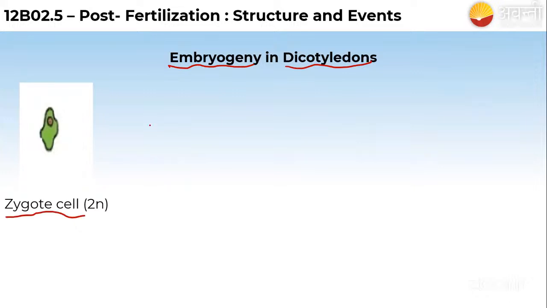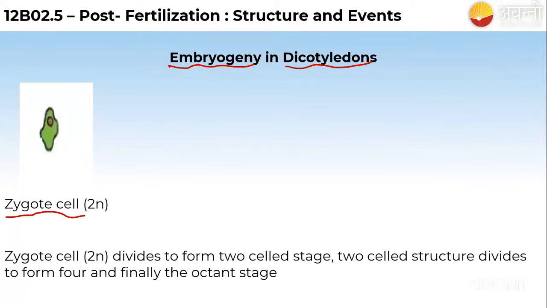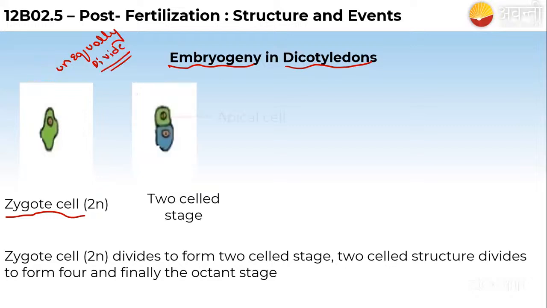Now this zygote is going to be divided mitotically, which means it is going to be divided unequally. Unequally, it is going to be divided. When it has undergone the unequal division, we have two cells. One is an apical cell and another one is a basal cell. So remember here,